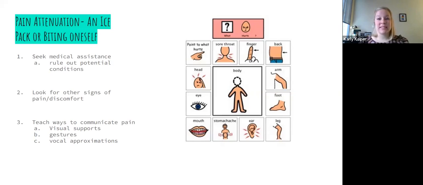And there was one woman who was experiencing a lot of pain in her teeth, but wasn't able to tell us because she didn't have the words. We couldn't understand what she was trying to say. Her vocal approximations just weren't strong enough. But when we provided this visual support, she was able to tell us that it was in her mouth. And then come to find out, when they took her to the dentist, she had a tooth that needed to be pulled. So these visual supports can be amazing, can be very, very helpful to our children, especially those who are nonverbal or who maybe have their own dialect.